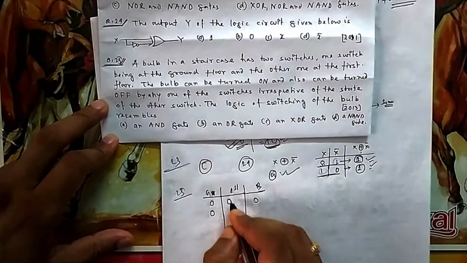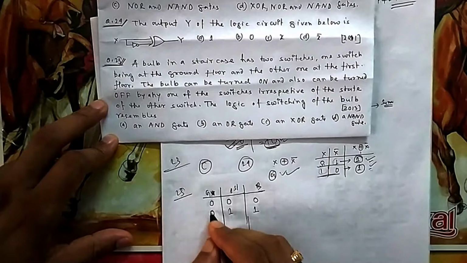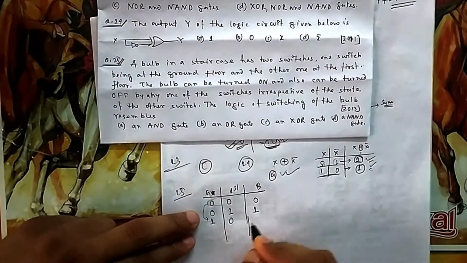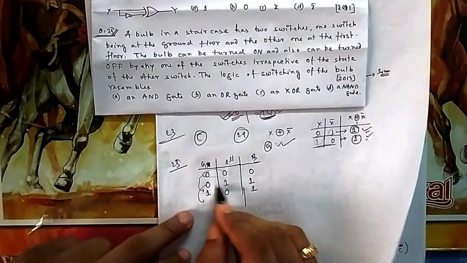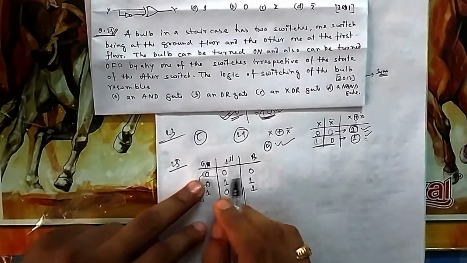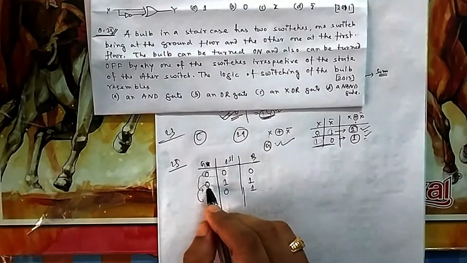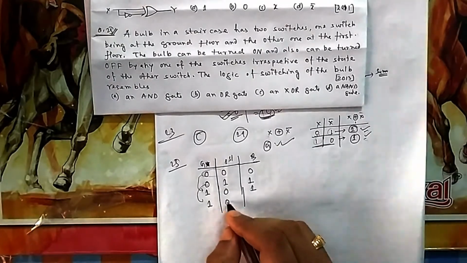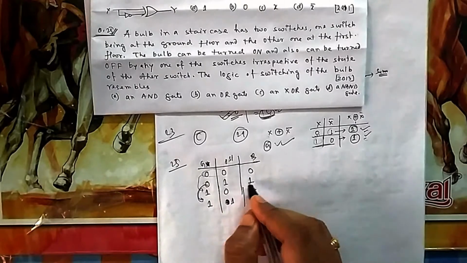Now someone is at first floor, if we switch it on, then it will be on. Suppose initial state is this. Someone in the ground floor switches it on, then it is on. Now suppose this is the situation now. Suppose now someone wants to make it off because it is now 0 1, it is 1. So the person, suppose a new person came in ground floor, he wants to off it. So if you give it 1, then it will be off. Sorry. You see this state. 0 1, it was already on.